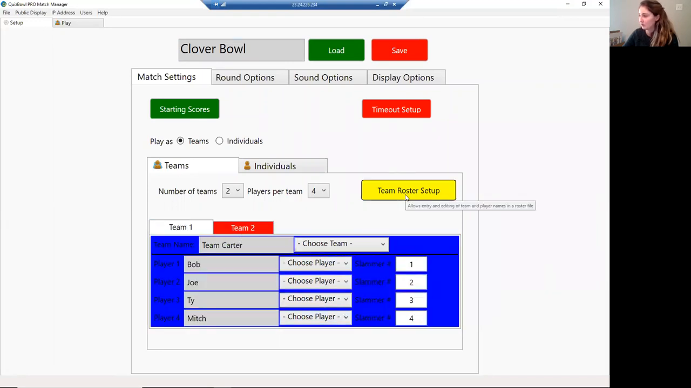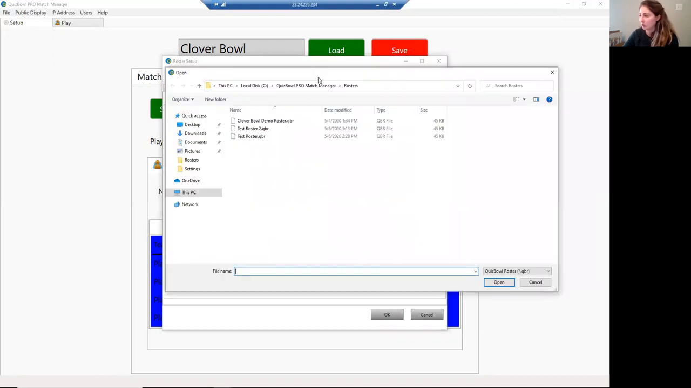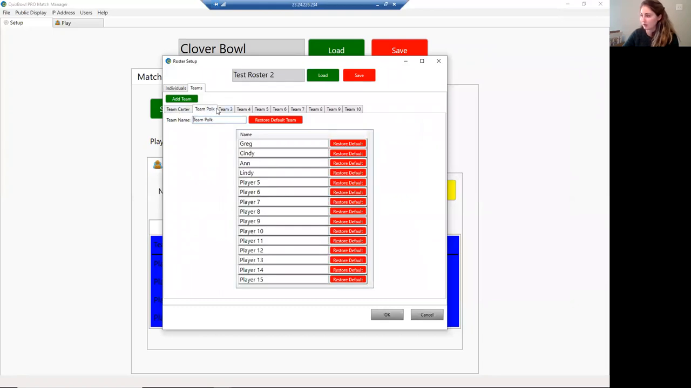I'm going to go back to team roster setup. Now, if this is all blank, so before we had player 1, player 2, if you want to load your roster back up, you just click load. You click the roster. It should be already here under rosters, but if it's not, just go ahead and click rosters, and you're going to click your test 2, and it's going to load everything for you. It's going to be blank right here, but then you're just going to click Team Carter and whatnot, and then